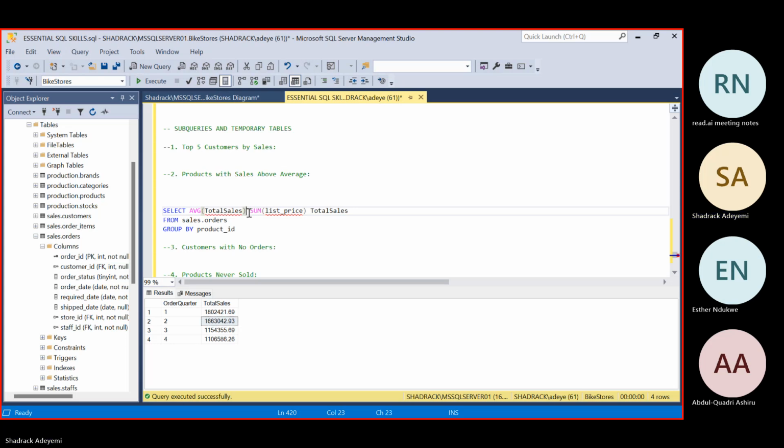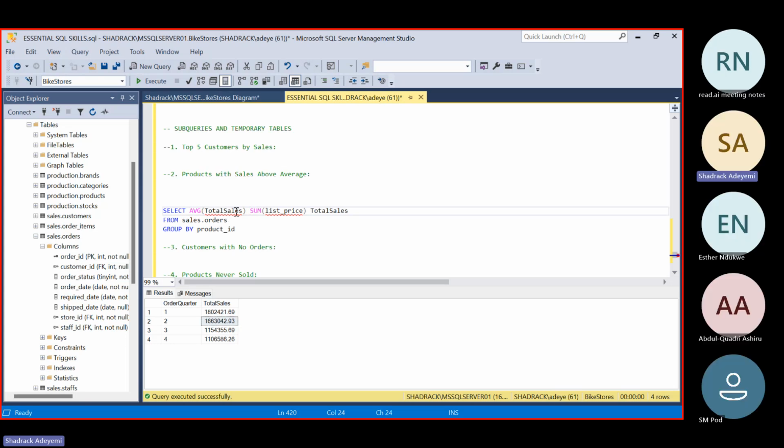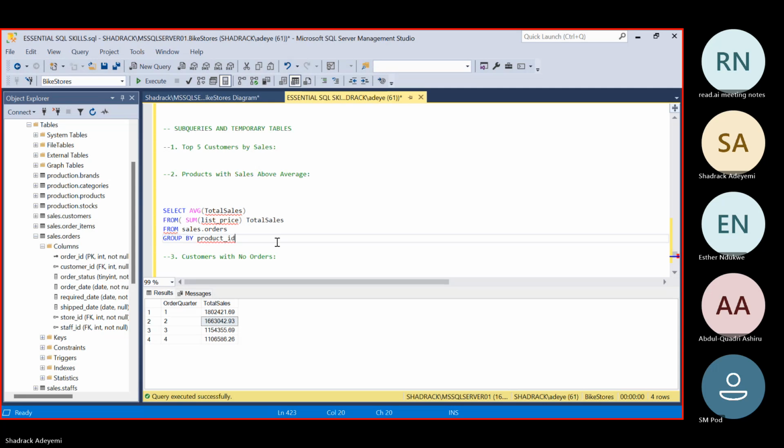Now, I'm going to rearrange this and say the average sales from a particular table. Again, please follow this carefully because it can get very tricky when you want to nest a query inside another query. I'm going to name this as a